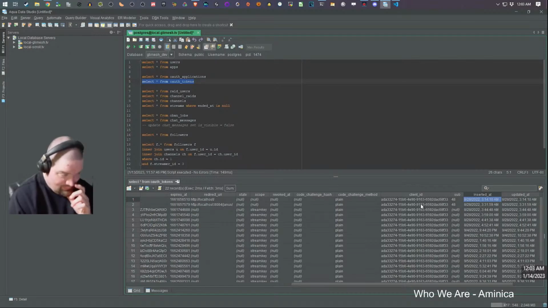So a minute later. So it expires a minute later than it was inserted. Okay. A minute after it was inserted, it would have expired.